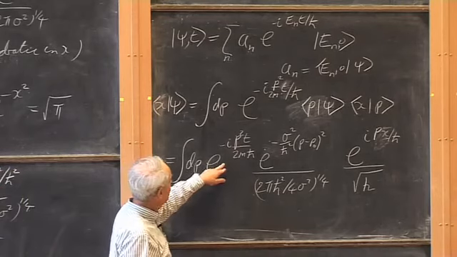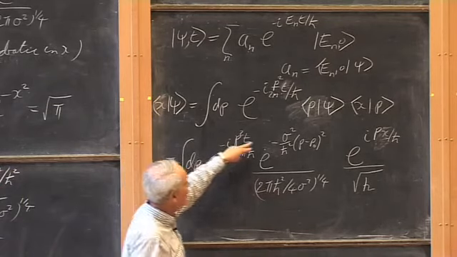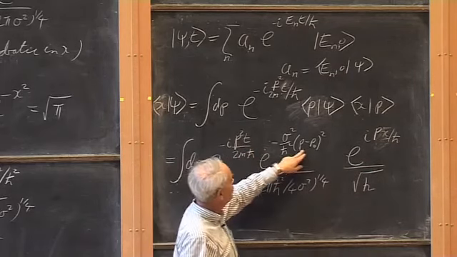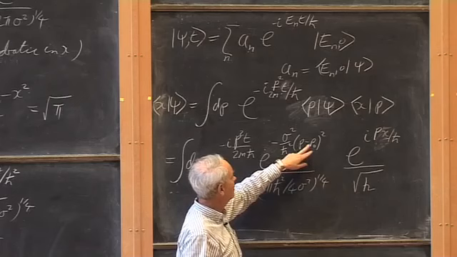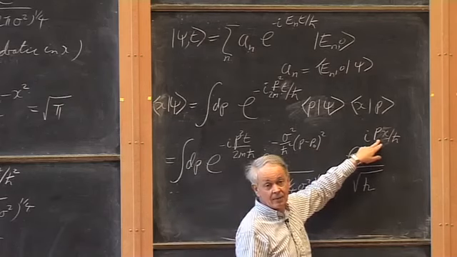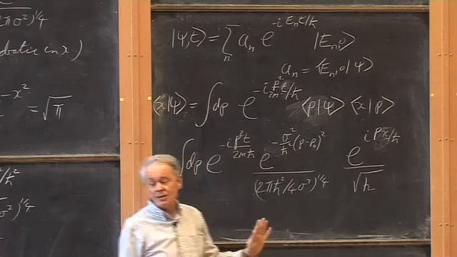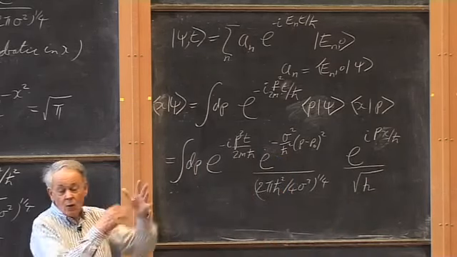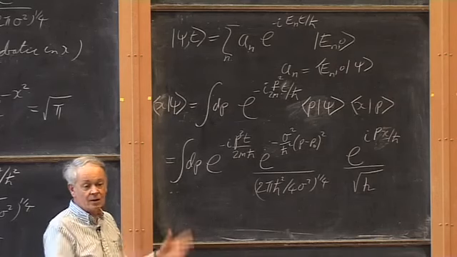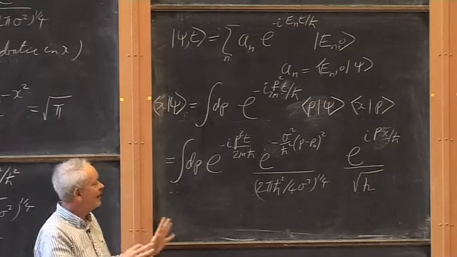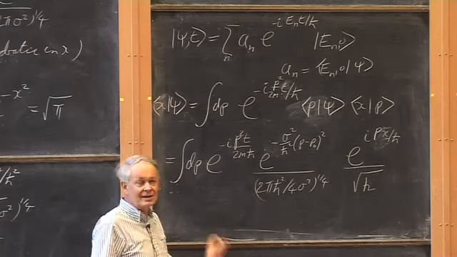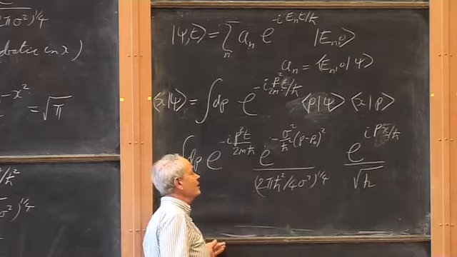We have an integral of an exponential of a quadratic expression in p, right? Because here we have a p squared. When you square this thing up, you're going to have a p squared and a minus 2p and a linear part in p. And here's a linear part in p. So it's another of these integrals of an exponential of a quadratic expression in p, which can be solved by the methods described in the box that we used just before. Now, the algebra in this case is a little bit wearisome. It's absolutely straightforward. But it's just a bit wearisome.